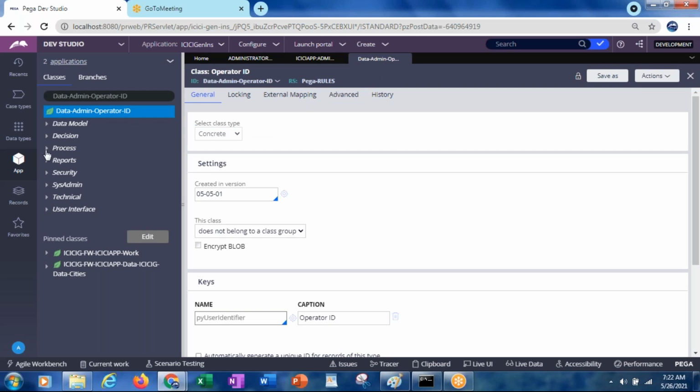Now if you want to route any particular operator, how exactly can you route it?